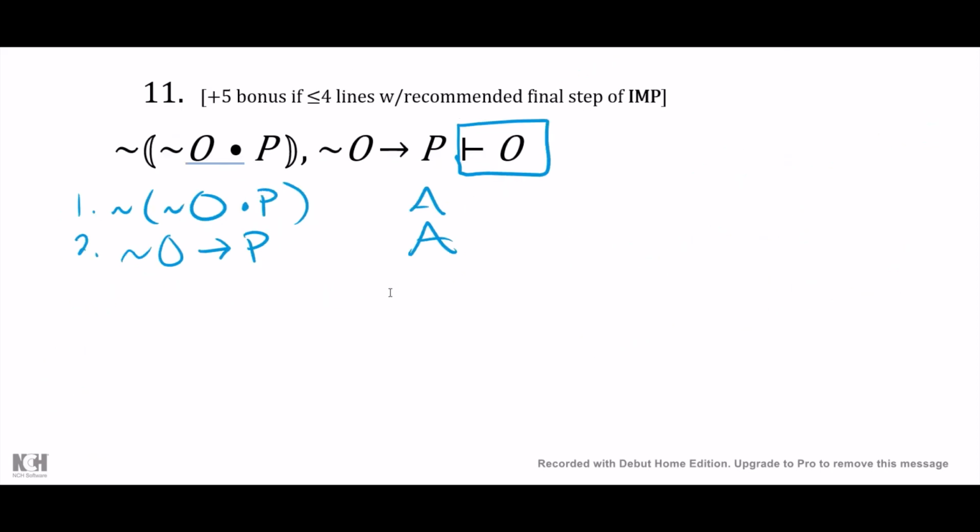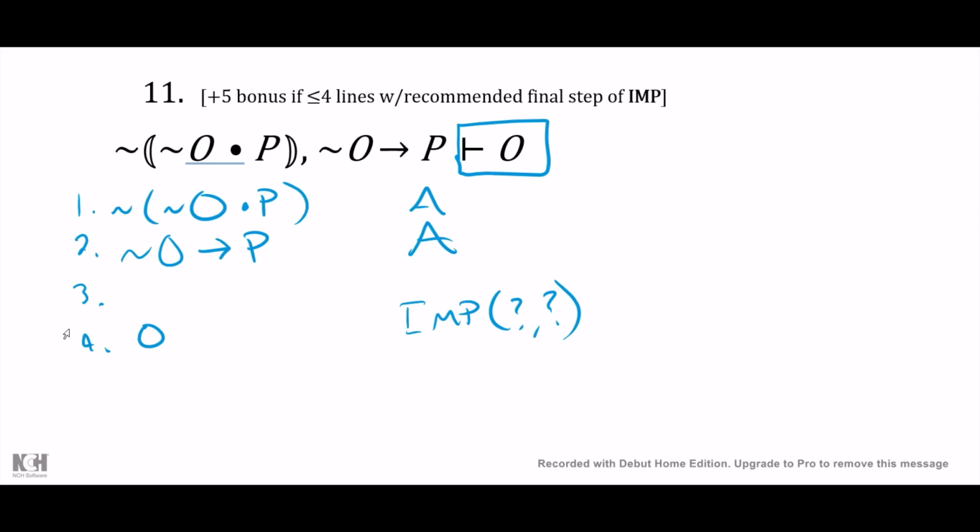Number 11. You can be done. Look, you can be done by line 4. So look, we know we can be done by line 4 with this. So we can get O with impossible antecedent. Now we don't know which two numbers those things are going to come from yet, but we know we can get it. So this problem's short,